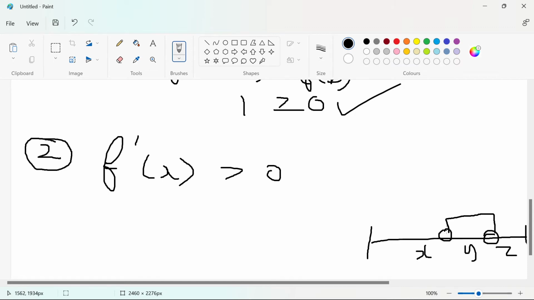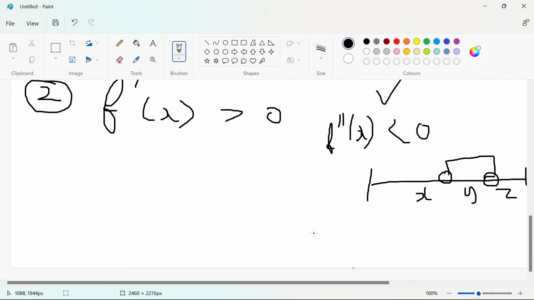How to check this? You should apply this number in f double dash of x. While applying f double dash of x, if it is less than 0, then it is a maximum value, else it is decreasing. That's what I'm going to tell. If you want an example,